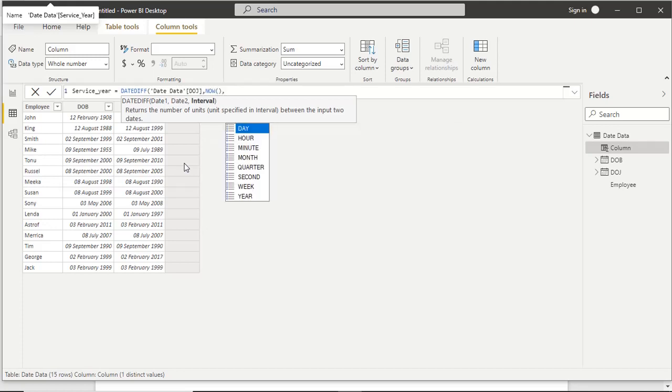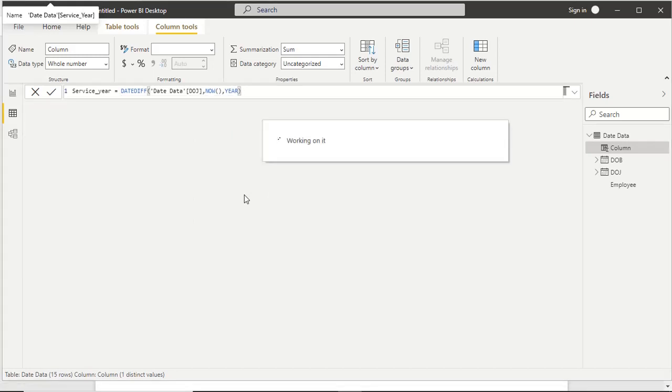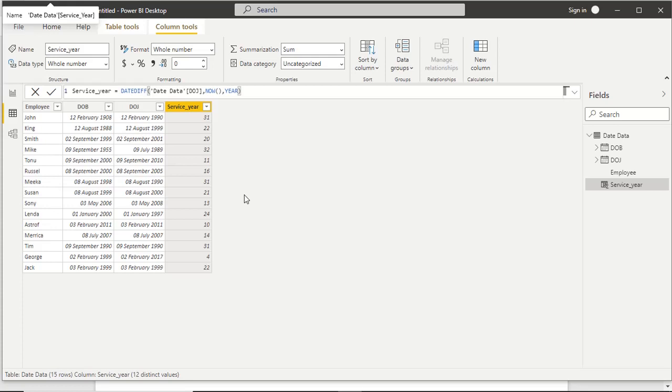Then third parameter, year. So you can see in the service year we have 31, because we are subtracting the date of joining from the current date time NOW. So we got 31. In the second row we got 22. It means this employee joined on this date, and this number shows the years of service of the employee.